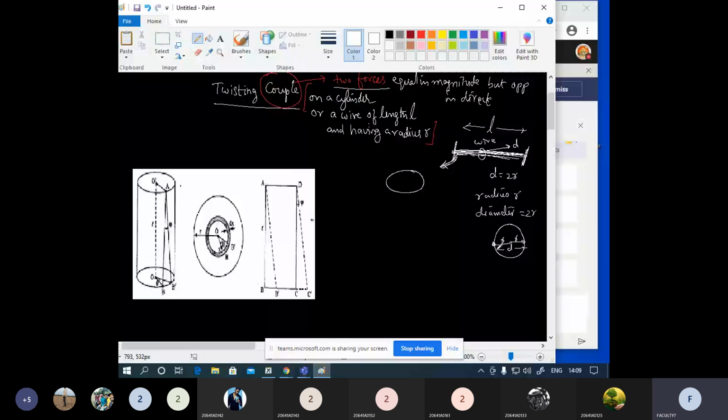Now the same thing, we are drawing the vertical diagram. This is a horizontal diagram here. Now we are going to draw the vertical diagram with a small length. We will take a certain length. We are considering a piece of wire or a cylinder, and we will apply the mathematics to get the expression for the couple that will be experienced by the cylinder or the wire. Now I am redrawing the same diagram here, this particular part.